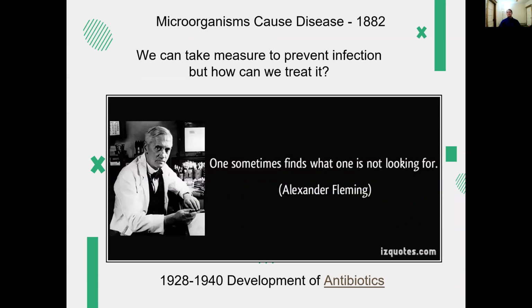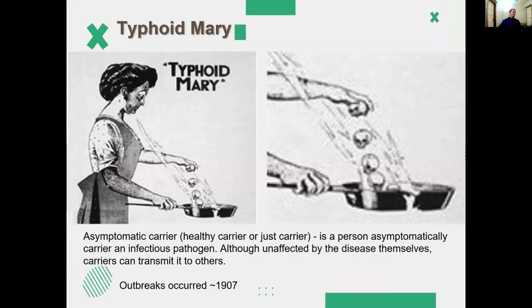something else that we should also mention, we will be doing lectures on it later on, so I'm not going to go into great depth today. We can definitely take measures to prevent infections by using vaccines and disinfectant techniques and aseptic techniques, but can we treat it? We will be discussing Alexander Fleming and his, let's say, accidental discovery and the development of antibiotics. We'll be doing an entire lecture on those, so I just wanted to note that, yes, obviously we can treat it in certain instances. And then something else that I feel I should take a minute or so talking about here is